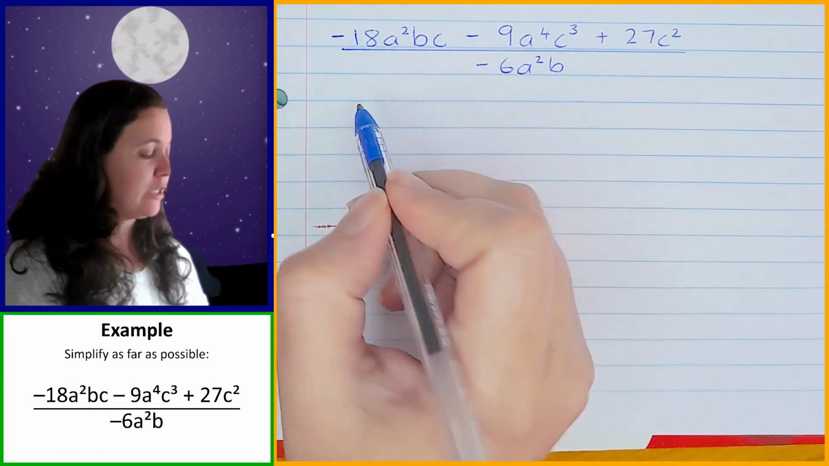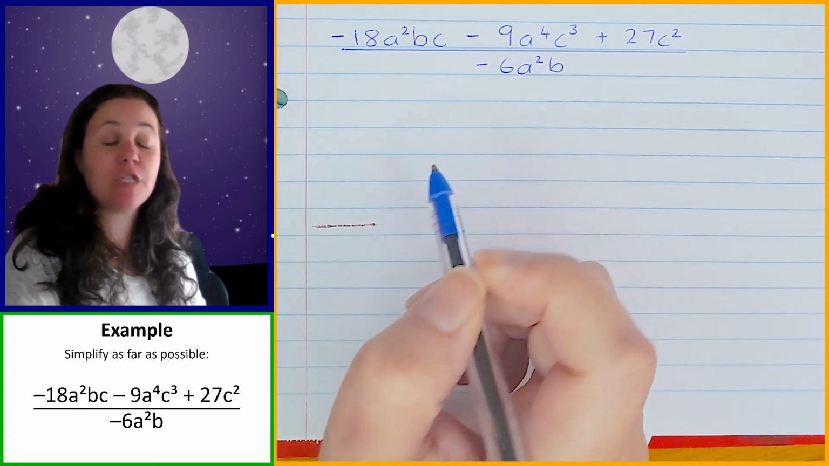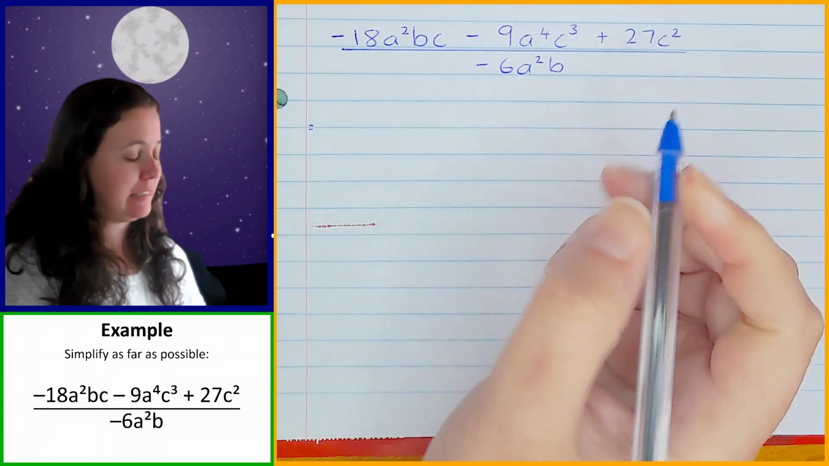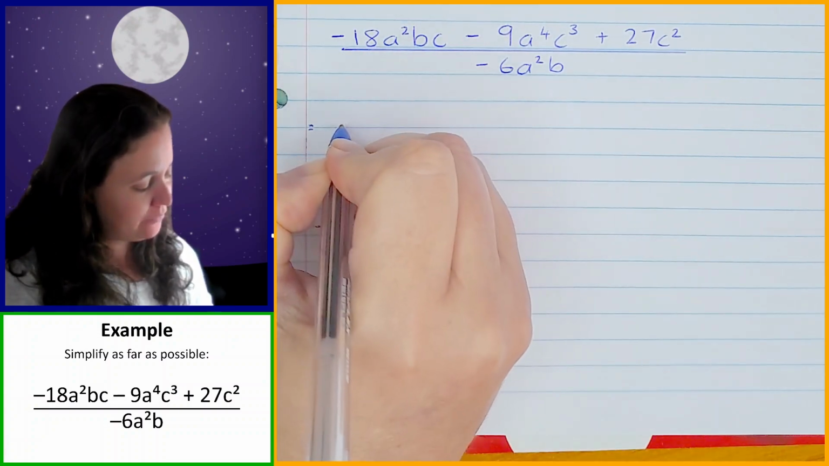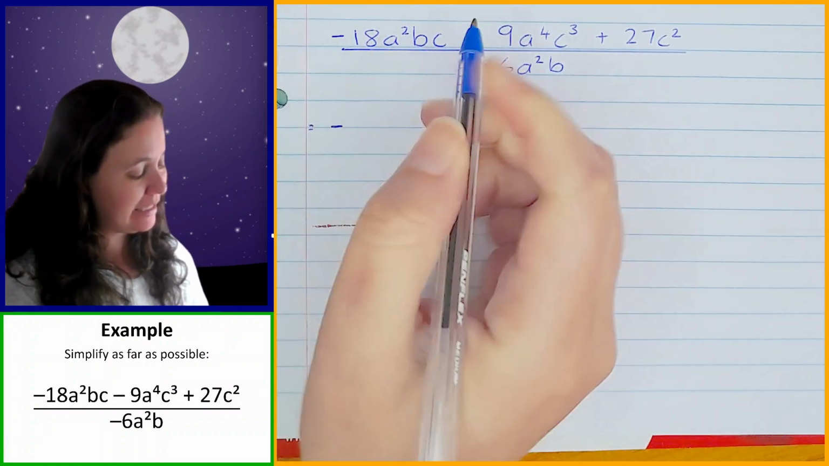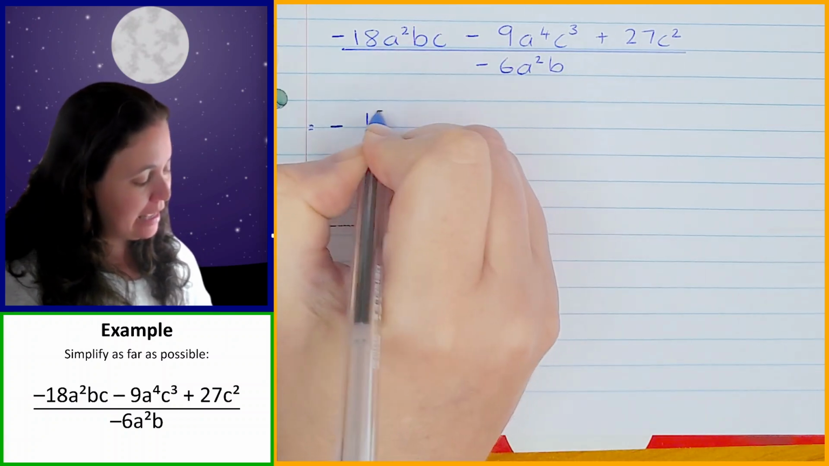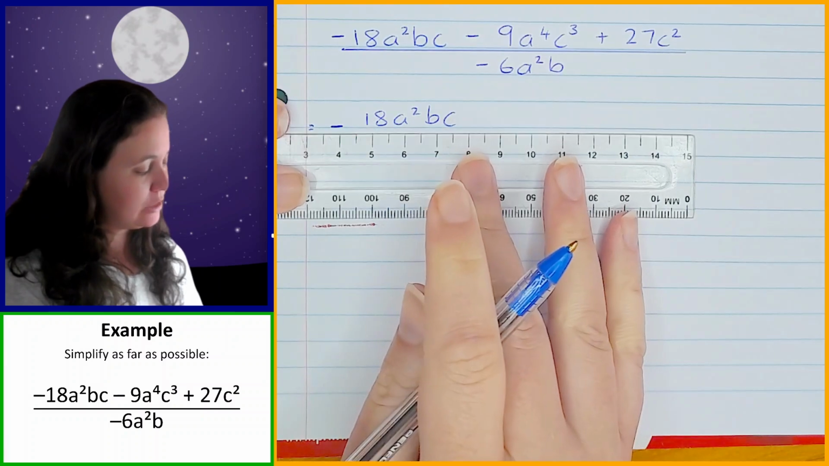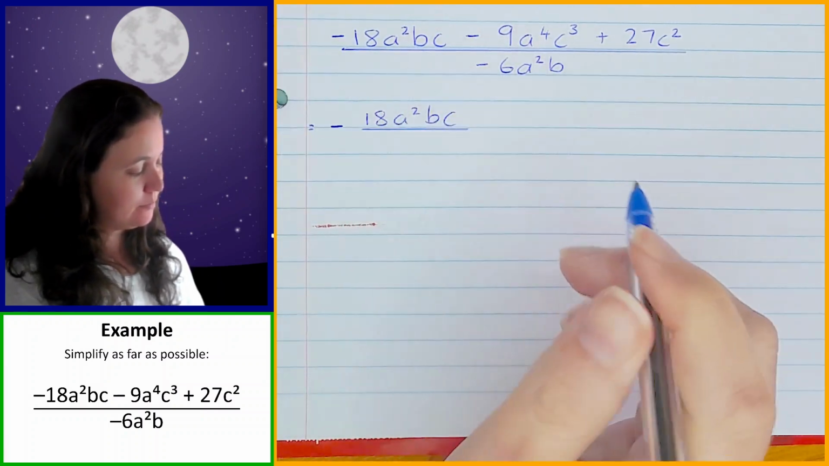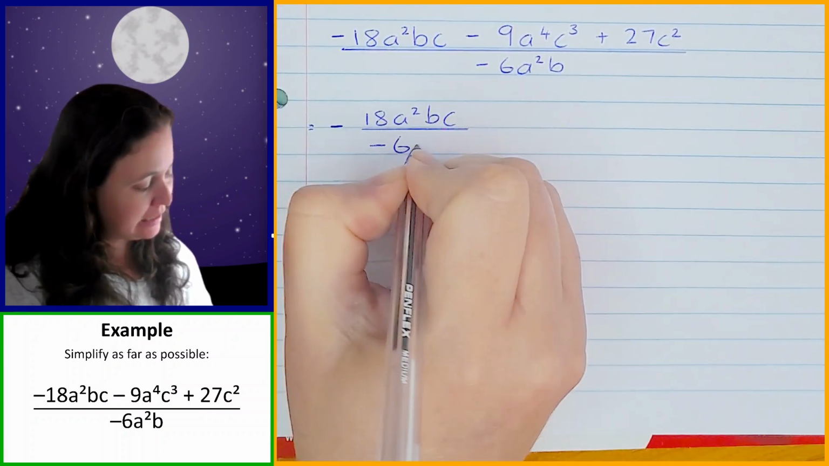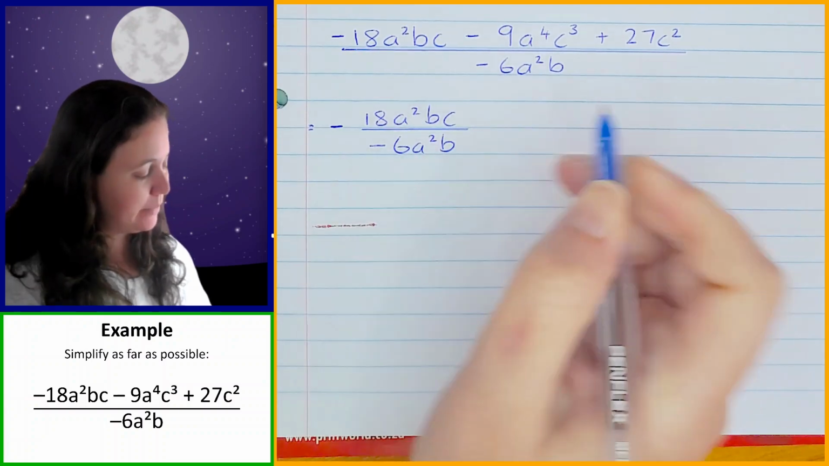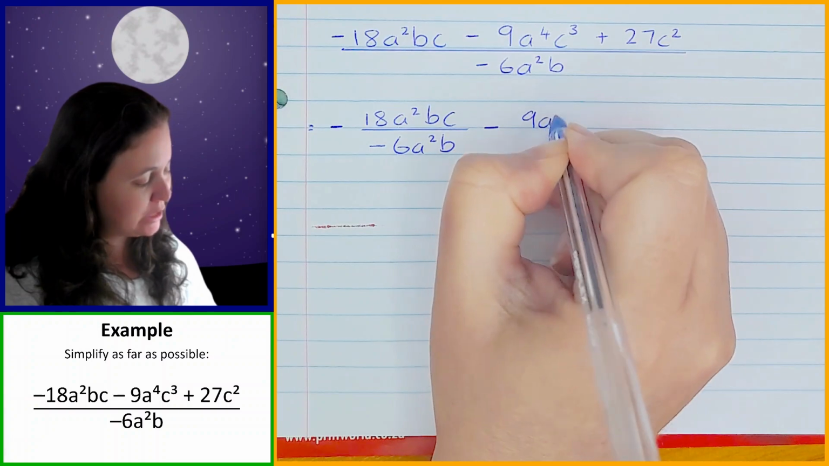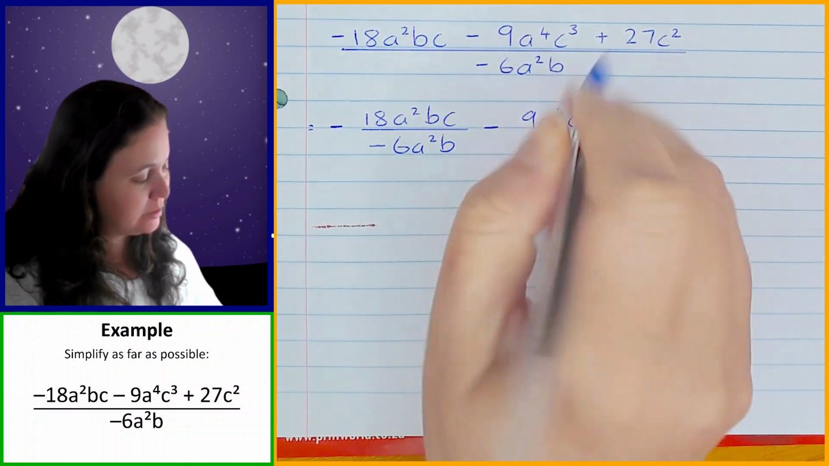Okay, so I'm going to take my fraction. The first thing I'm going to do is split it up into three separate fractions, one for each of the terms that is in my numerator. So I've got negative, the first term is negative, and then 18a squared bc over negative 6a squared b. Then I've got a minus, and then 9a to the power of 4c cubed